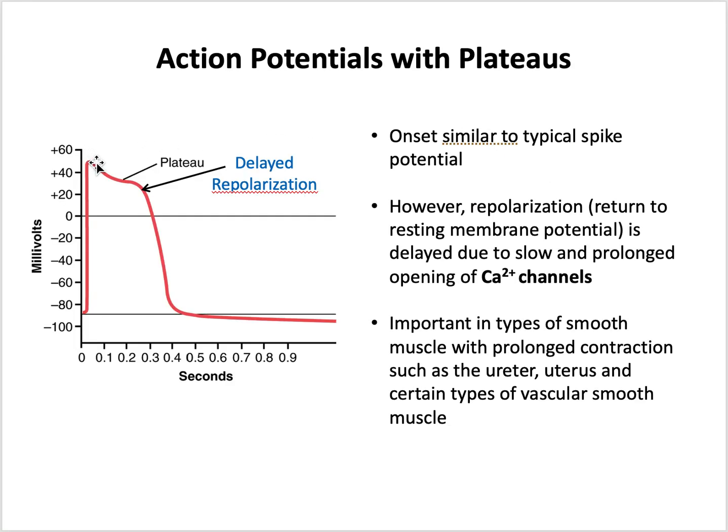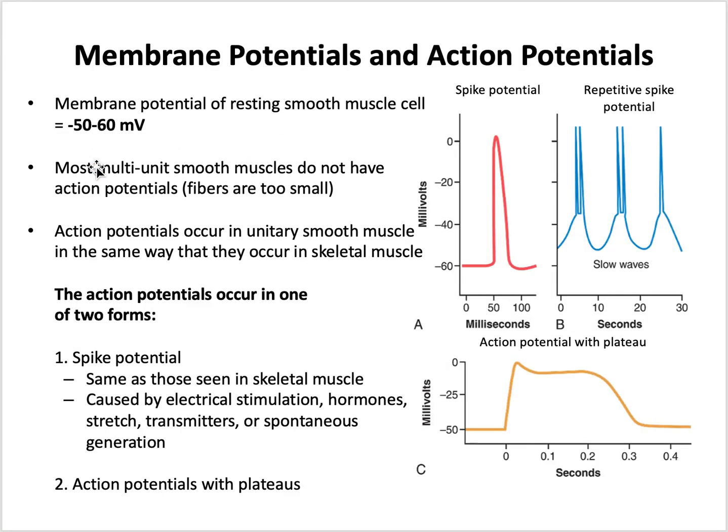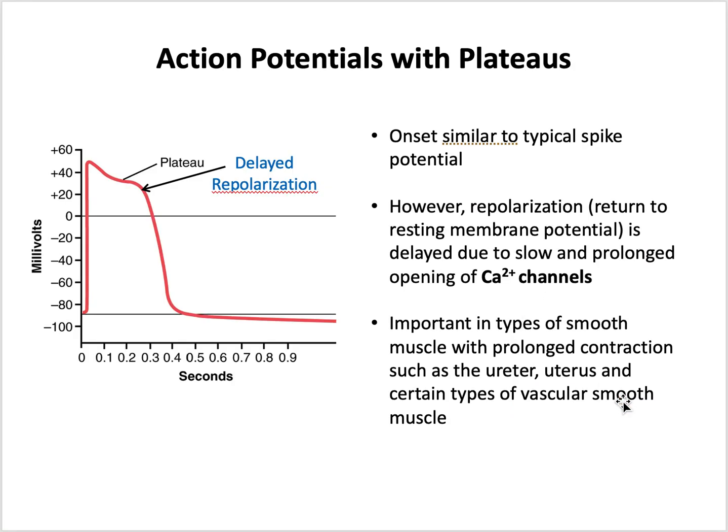But the repolarization, rather than being very quick in repolarization, we have prolonged repolarization, and that is going to be due to special calcium channels called L-type calcium channels. And this is going to allow calcium in, but at the same time we have an outward flux of potassium, which kind of balances the membrane potential, and it prolongs the ability of the cell to repolarize,